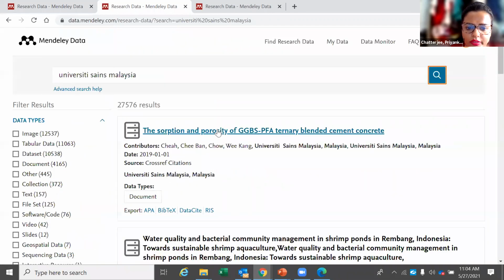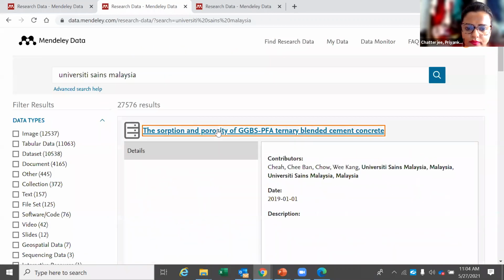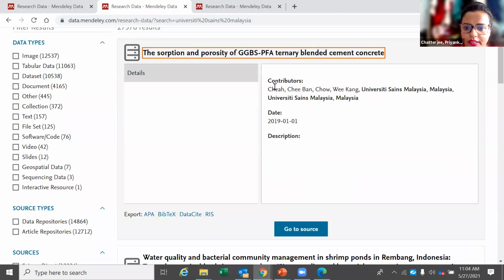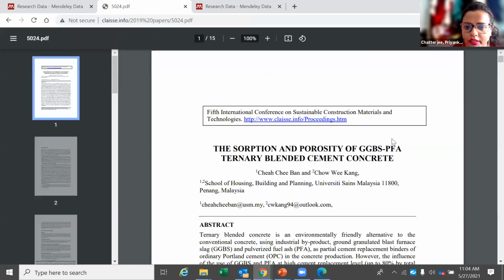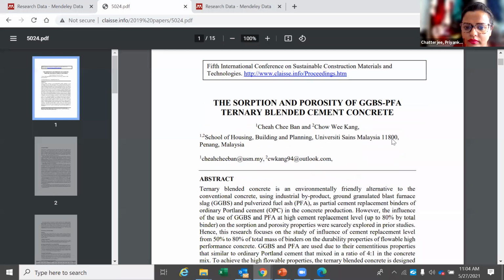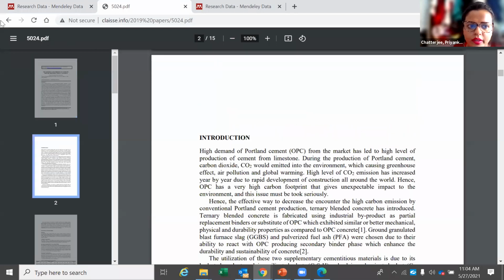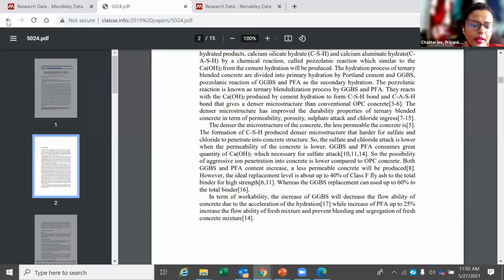You can click on one of these data sets. You can see the name of the contributors. You can export this in APA, BibTeX, DataCite, or REST format. You can go to the source, which is the real article. So it will take you to the original article here. Okay. So when I go back,